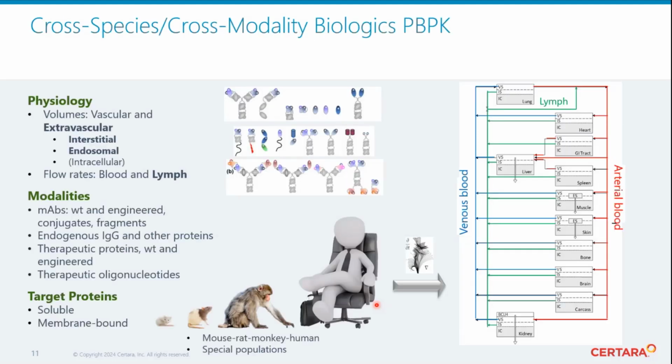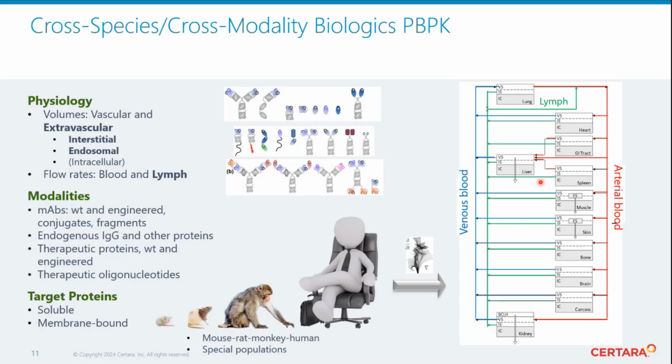So how do we build the models then? It's obviously the same very familiar PBPK framework, except that you'll find the green arrows denote here the lymph flow rate. So that is a fraction of plasma going into capillary compartment of every tissue. The fraction seeps out, goes into lymph, and is collected to the lymph node, where it then joins the circulation. So it's by and large the same.